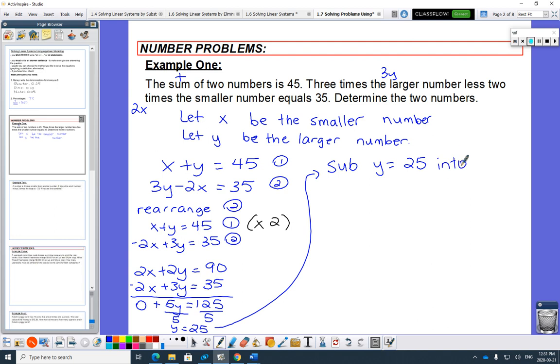So again, when you do elimination, it doesn't matter which equation you use. This one is significantly simpler. So if you just want to plug it into there,